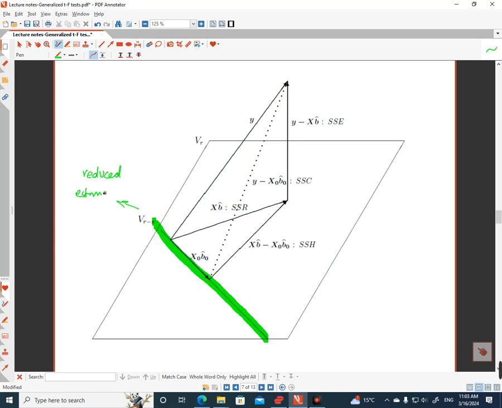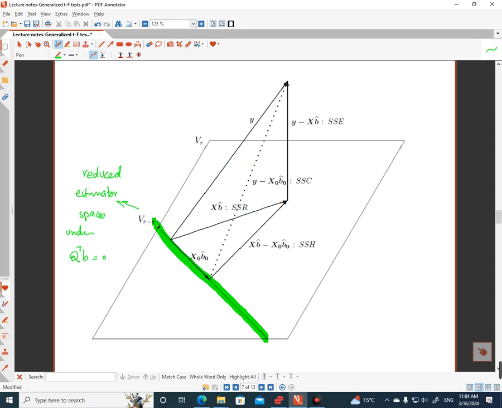Reduced estimator space. It is obtained under the null hypothesis, under Q prime B equal to 0. So it means that S of the functions are equal to 0. In this subspace, S of the functions are equal to 0 according to this linear combination of the parameters. We will say S of the parameters is equal to 0, and the rest of the parameters is actually R